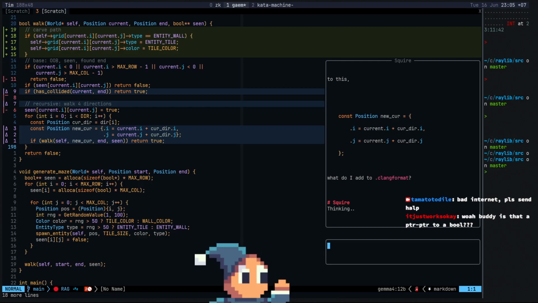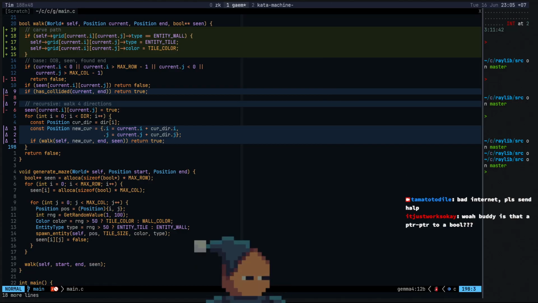I was trying to do a 2D array, but then I realized C doesn't do well with 2D arrays. Boy, this is taking a while. Clang format.